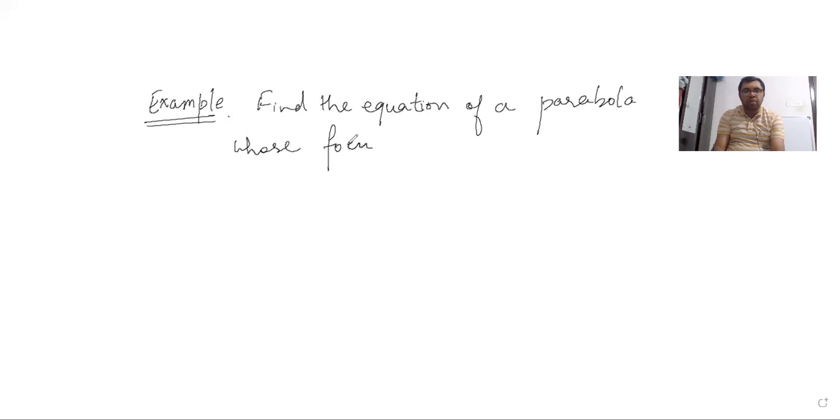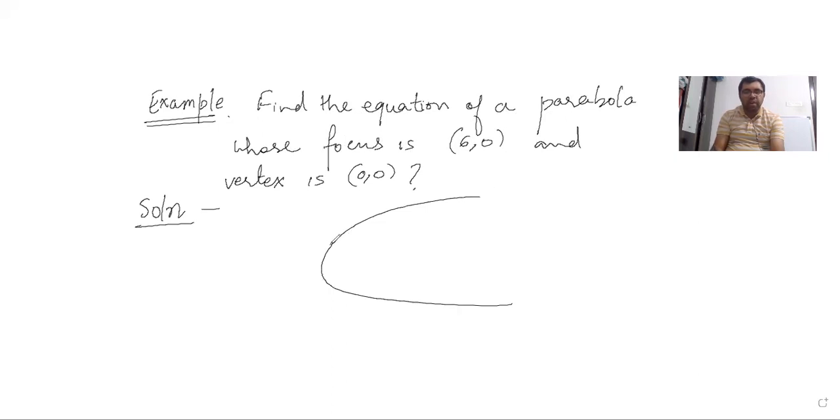whose focus is 6 comma 0 and vertex is 0 comma 0. Okay. So in this case, we have to find the equation of the parabola whose focus is given as 6 comma 0 and vertex is 0 comma 0. So now let me just draw the figure. The parabola will be something like this. Vertex is origin 0 comma 0, therefore it is a standard parabola, right? Focus lies on the right side